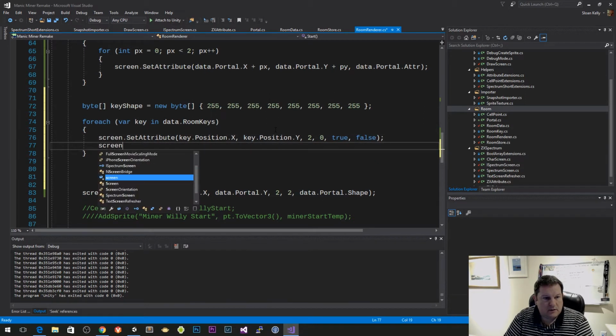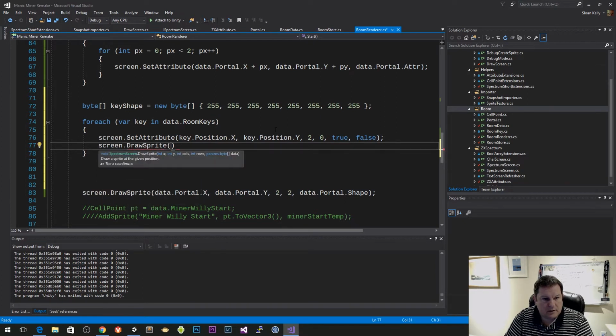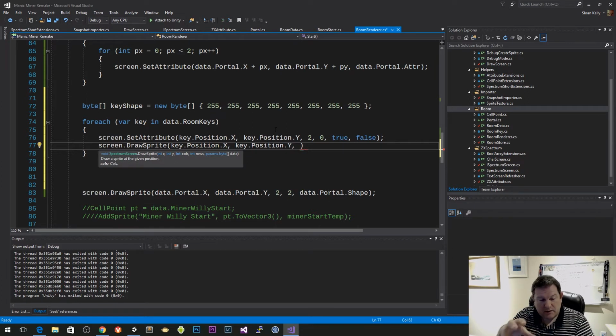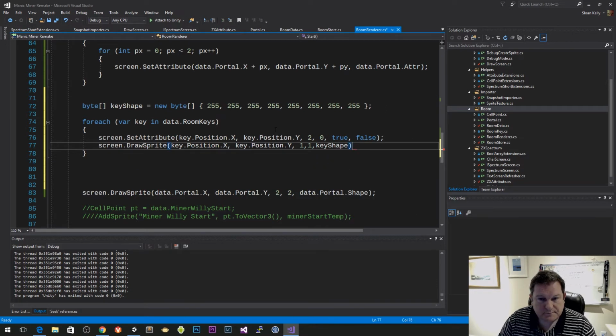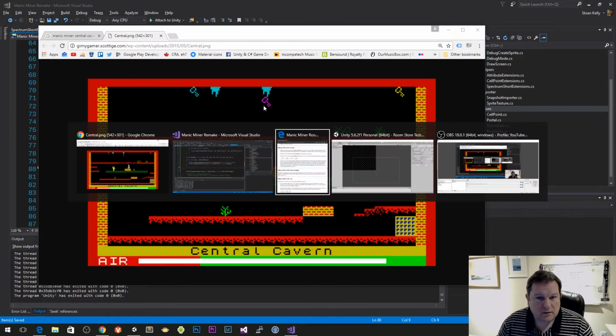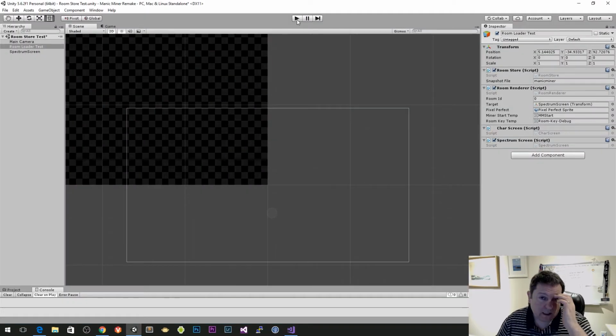And then I do screen.drawSprite, and then the sprite is going to be our key.position.x, key.position.y. I'm really only doing this for debug because we're going to change the room shape anyway, but if we get it in just now, then that's good. Number of columns is 1 and 1, and then our data is going to be key shape, and this should give us a red block where our keys should be,